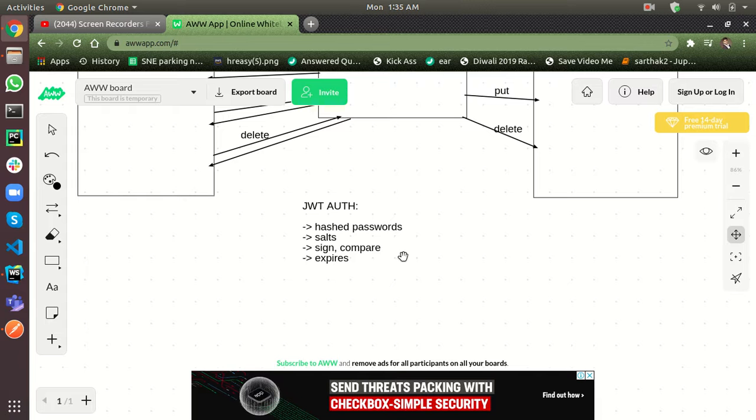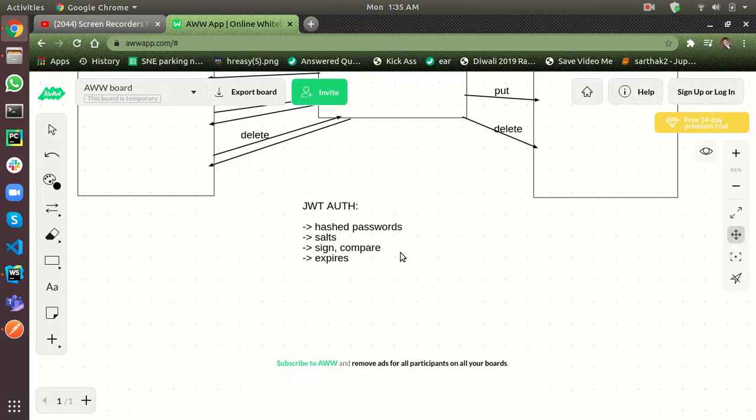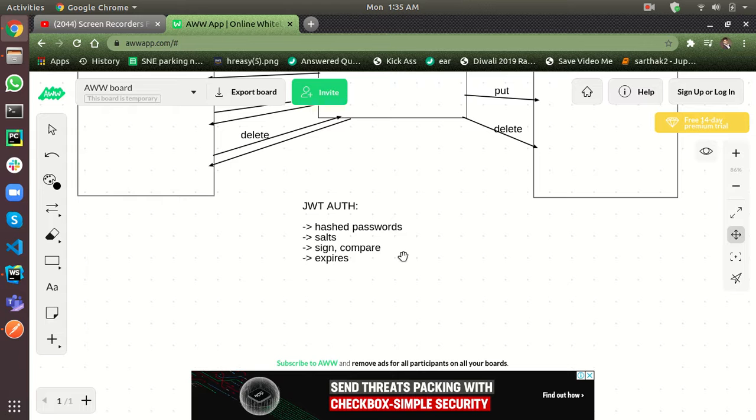If my password is 1234, I would not directly store my password 1234 as a string in the database, but I will hash that password into some non-readable format and store that, and only my server understands what password is stored in the database. When it gets some password back from the database, it can decrypt that password to get the original password. So hashed passwords are to prevent anyone from understanding the password by directly looking at it.